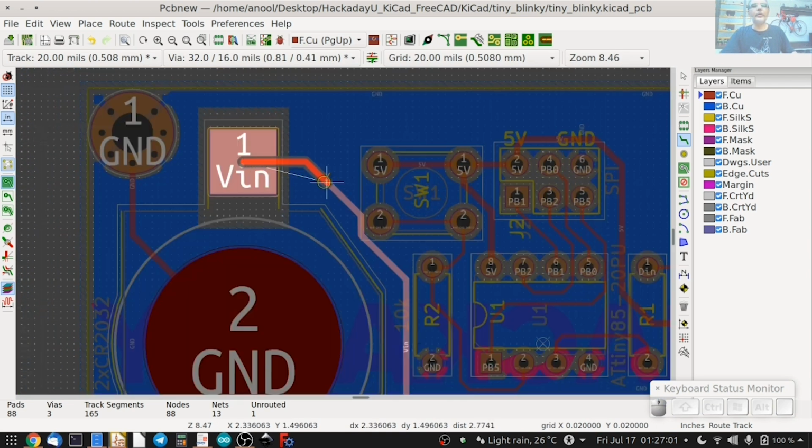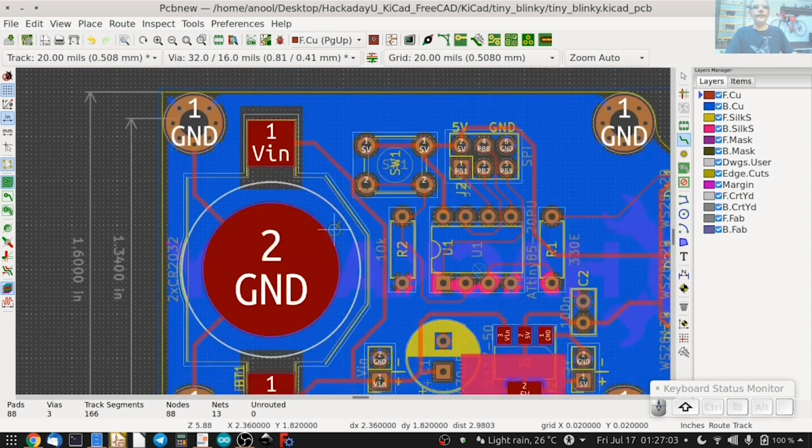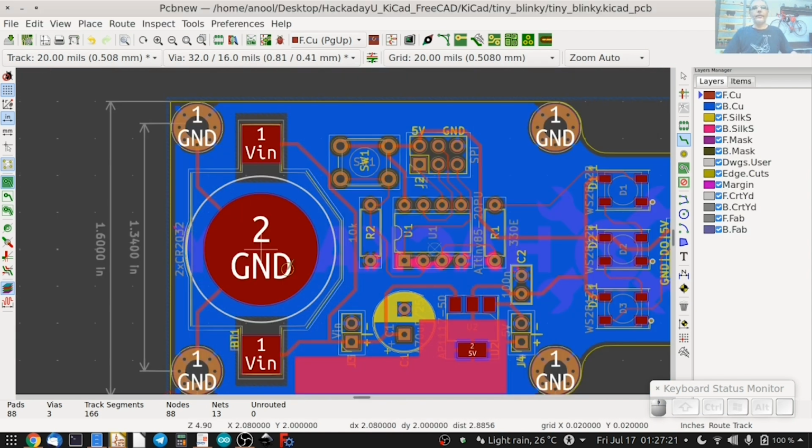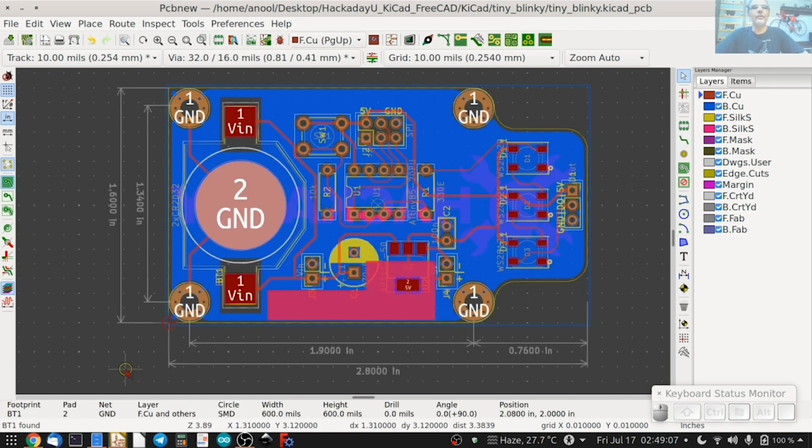Start from here, place it like so. Let's just regenerate the zone. Now, once we have changed the footprint on the PCB like so, we are left in a situation where the